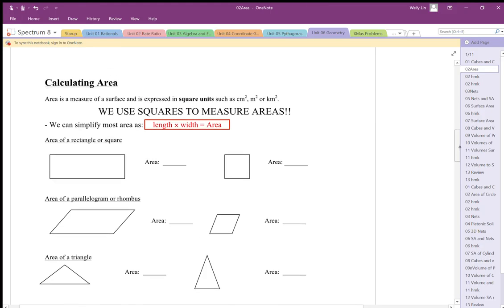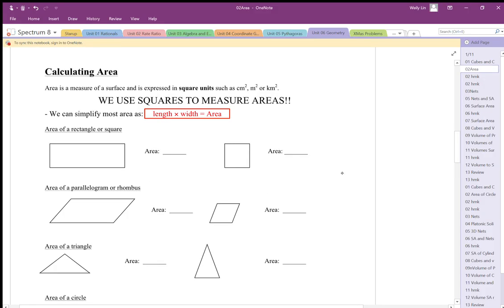Okay, well, calculating area. When we calculate area, we are calculating the number of squares. So to find the number of squares, we really just need to do length times width equals area. So basically, all area formulas are based on length times width. So if I take a look at the area of a rectangle or a square, I just do length times